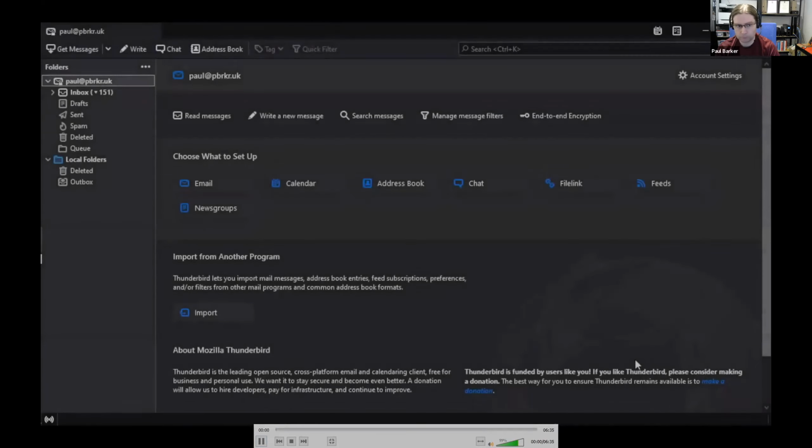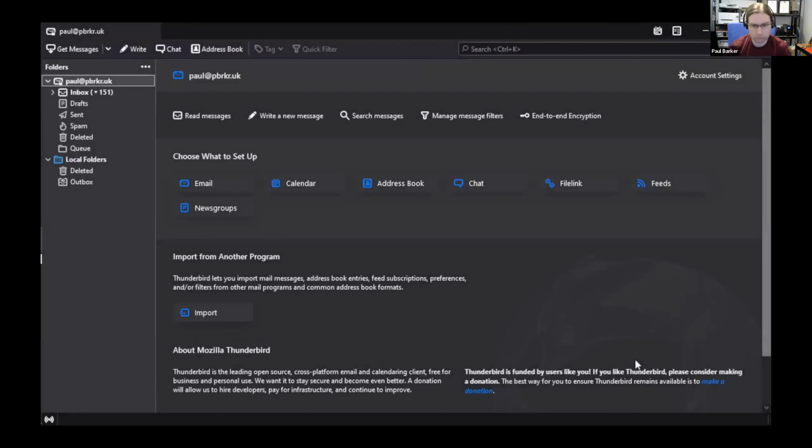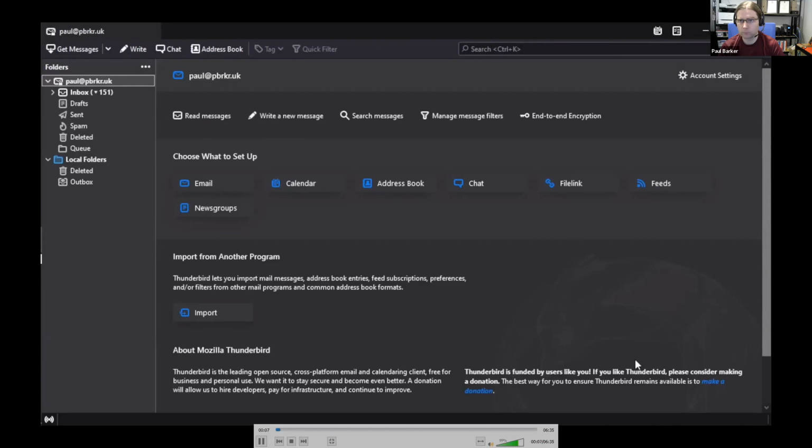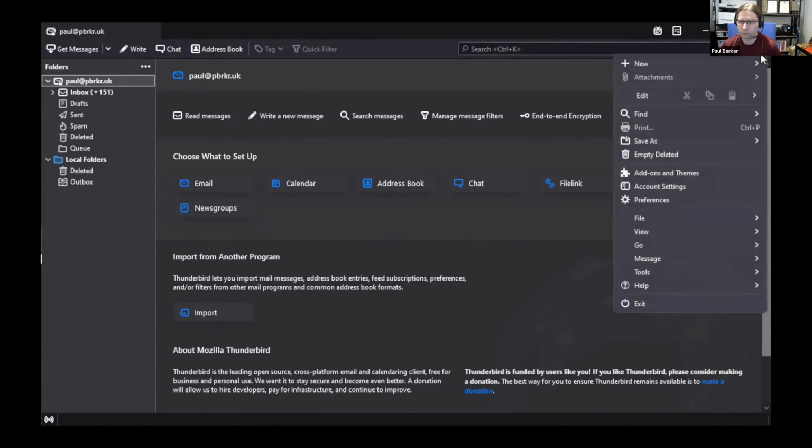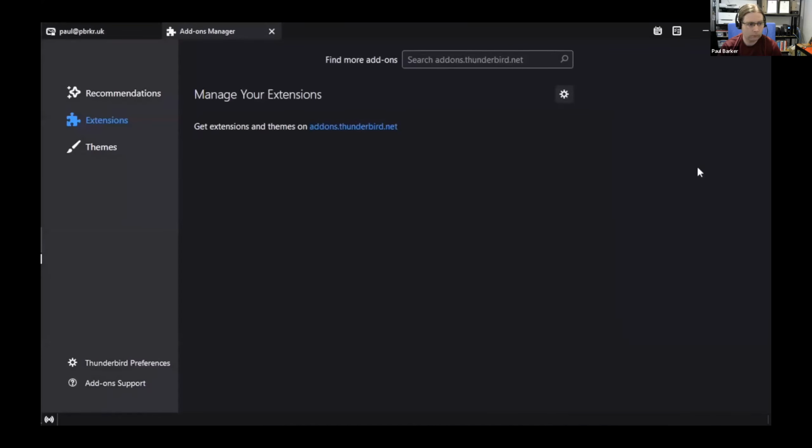This is a short demo of how you can use LAW and B4 when working with the Yocto project. And you can use any email client which can be configured to easily get the message ID of a given email. Now I'm using Thunderbird here. We're going to start by installing a plugin which will make it easier to get the message ID for any email we want to look at.